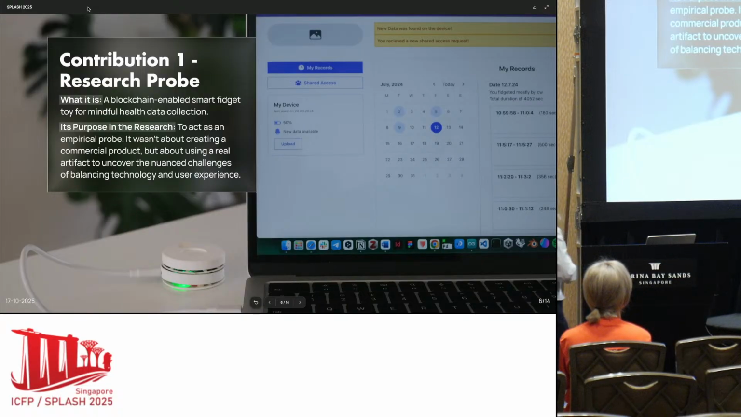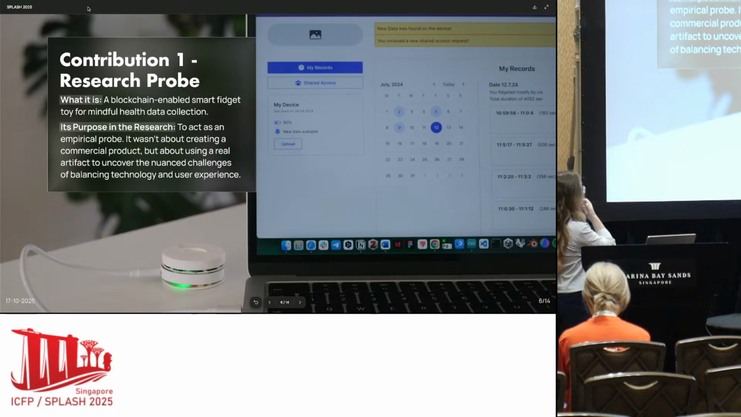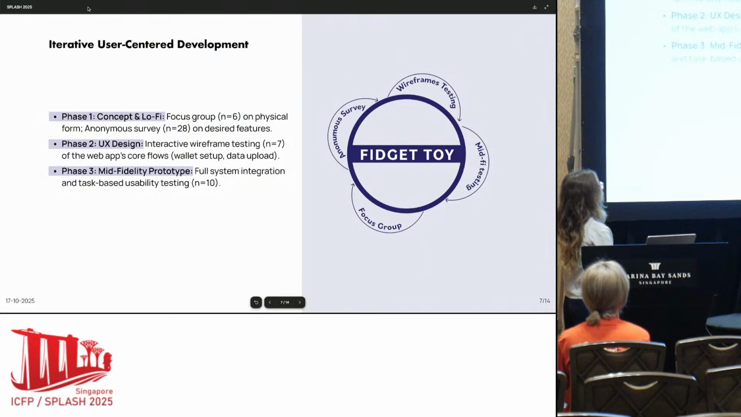So the central contribution of my research is a smart fidget toy, which in my work is an experimental probe, where we were trying to develop a solution for health, but not talking directly about health, since I'm not a health practitioner, while also seeing all of the developmental issues related to embedding blockchain into wearables. What I did here was essentially to develop the entire prototype, both the hardware, the software on the device, as well as the web application. To do all of that,